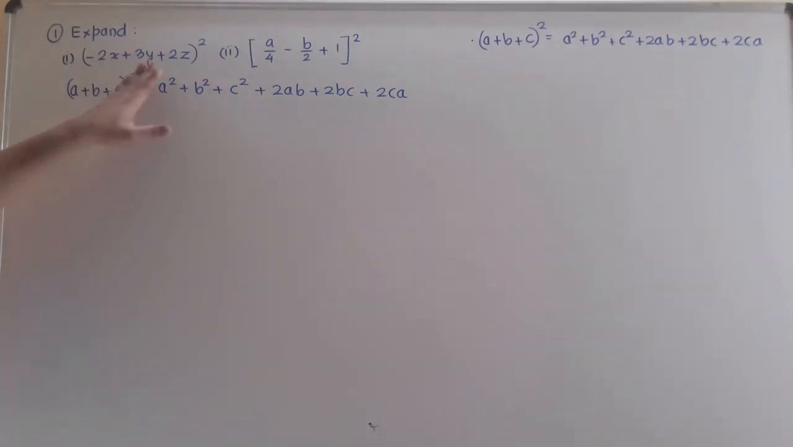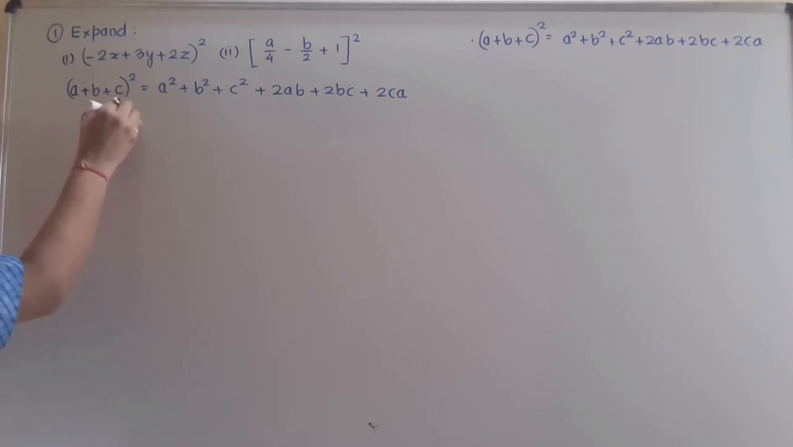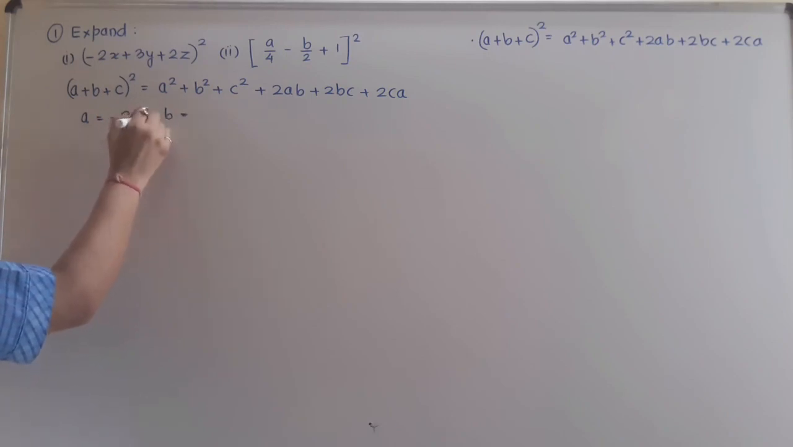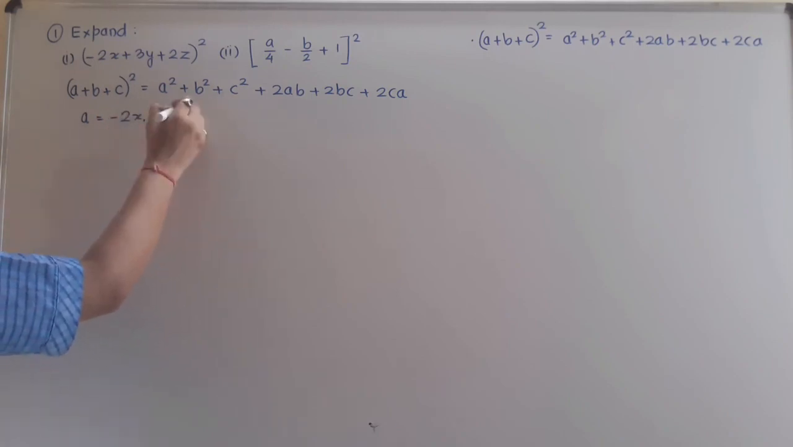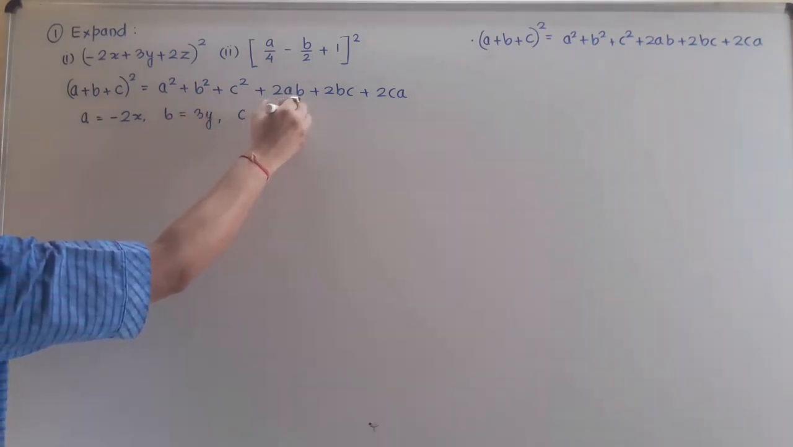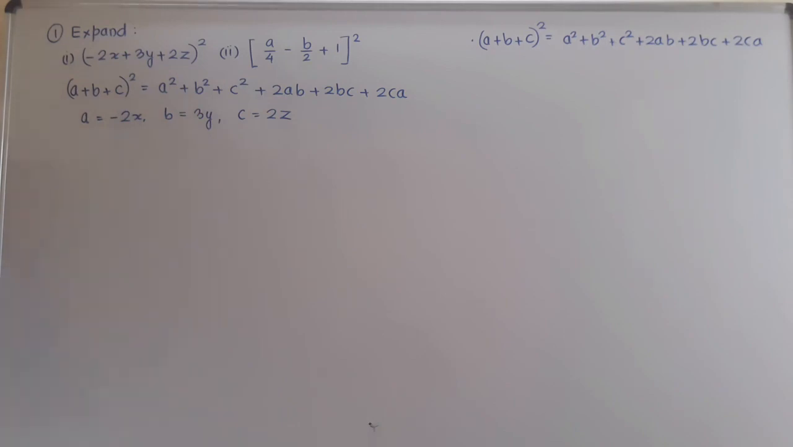Okay, so now in this formula, first compare the terms. This bracket I will compare to this bracket. Here the first term is a, and here what is the first term? Minus of 2x. So I can say that the value of a will be equal to minus of 2x. Similarly, if I compare, b will be equal to 3y, and finally the value of c will be equal to 2z. So let us put all these three values in the formula. So this will be (minus 2x plus 3y plus 2z) is equal to,